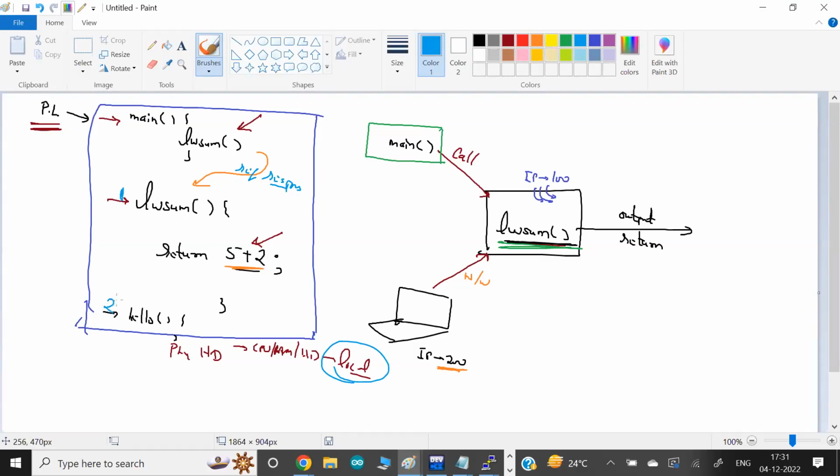I want that, from another computer, I can give one more term here, remote computers, and I can call a particular functionality, whatever we need. I can call this one, or this one. I might not call hello, but I might call this one, or I can call both, whatever I want.